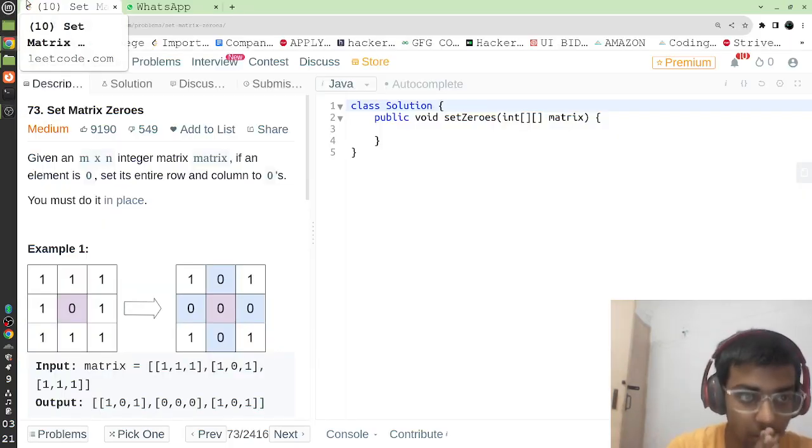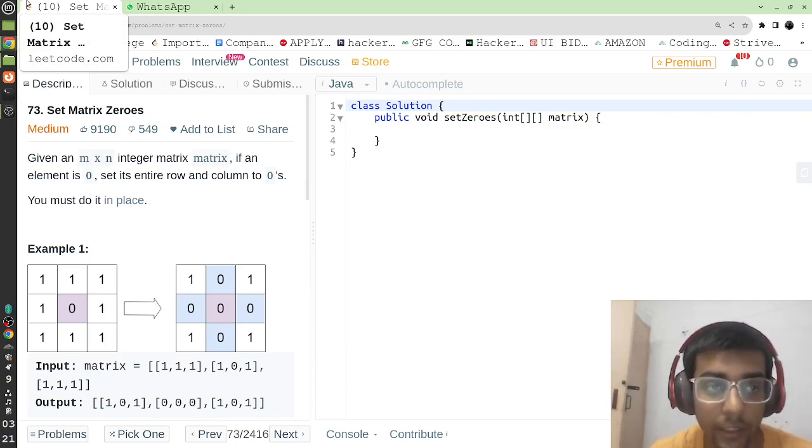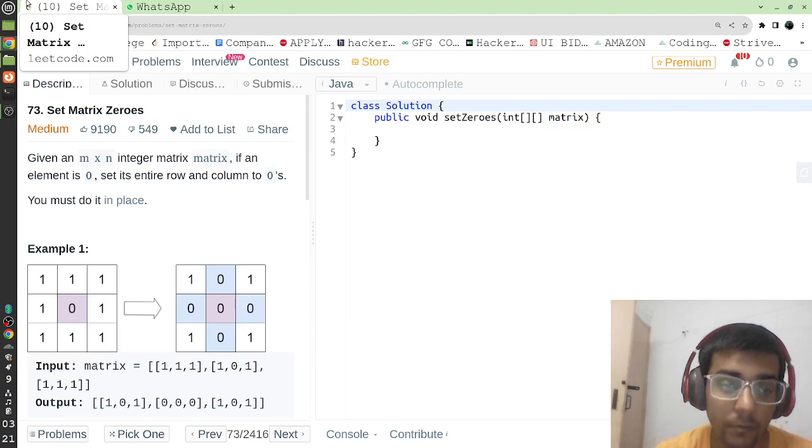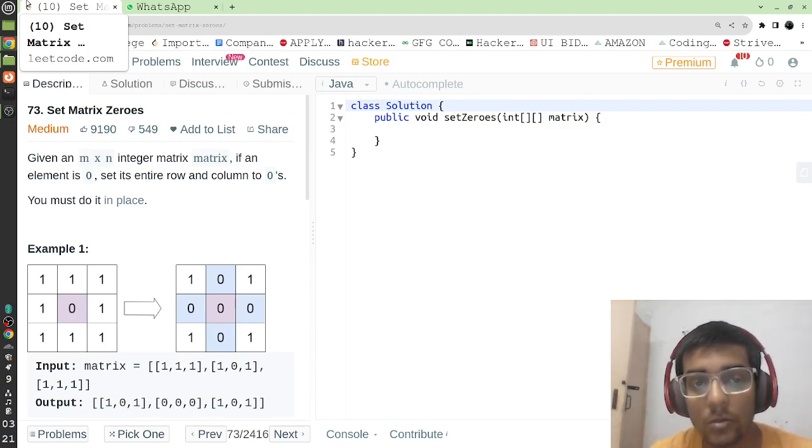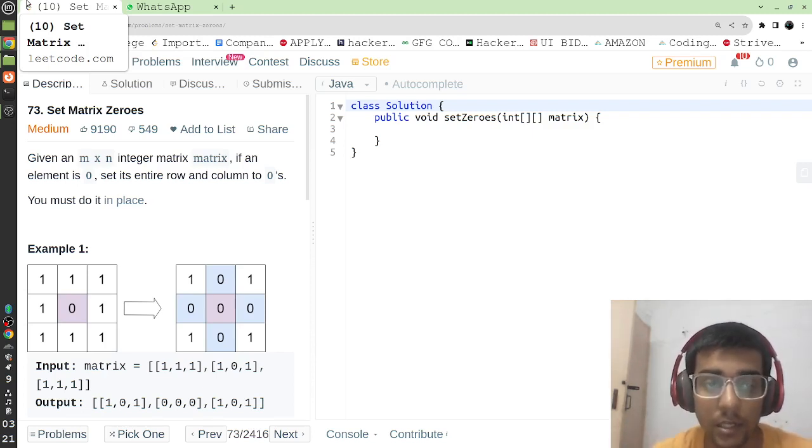Welcome back in another video. We were doing set matrix zeroes and we have optimized this problem from n cube to n square time complexity, and for the space complexity we used actually R and C arrays, and now we'll be optimizing this problem further by not using R and C. Instead we'll be replacing R and C